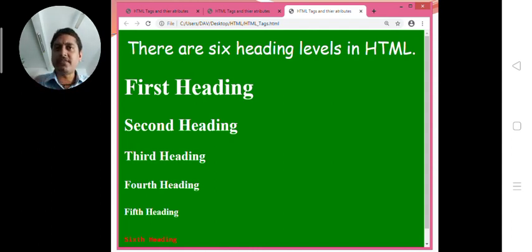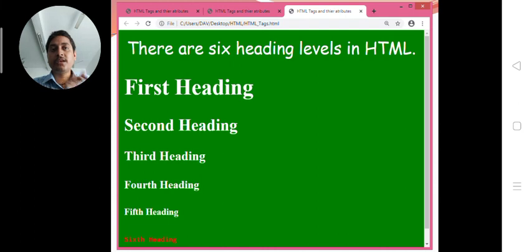If you are not defining any font, the whole HTML page will appear in the default font of the browser. It depends upon the browser. If you are not defining any color, all the text will appear in black color, and if you are not defining any font, all the content will appear in the default font of the browser. Second heading again white, third white, fourth. Now the sixth heading is in red color, and the font is also changed, because in H6 we defined another font tag with font face Consolas and color red.